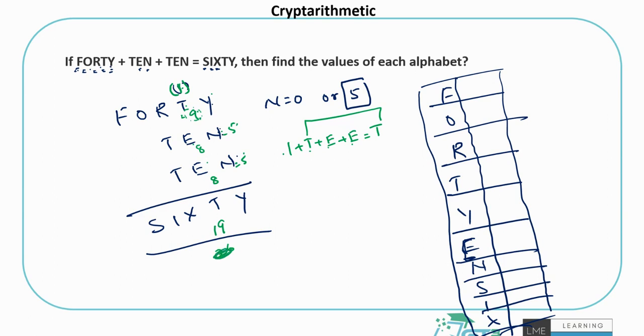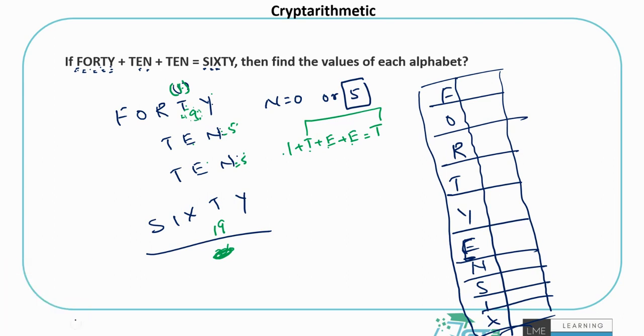There's only one way I can come to 19. How can I do that? I can never do it, even if I have 0 and 0. 1 plus 9 is 10. If I do 5 and 5, 1 plus 9 plus 5 plus 5 is how much? 20. I can't do 5 plus 4. Whatever cases you try, just try your best to see. If I have E and E as the same numbers, I can never get E again here because there's an additional 1 here.